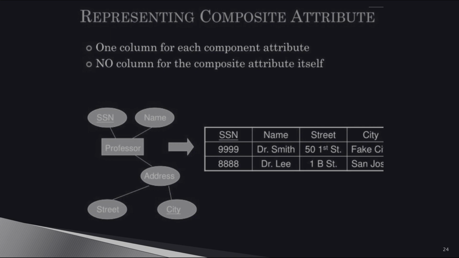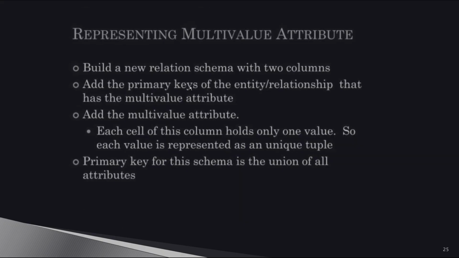When it comes to composite attributes, like the address, which has two components, the street and the city. In such cases, you're gonna add the street and the city as attributes, and you're not gonna have a separate address column. Okay. When it comes to multi-valued attributes, like for example, if a student in the database has several